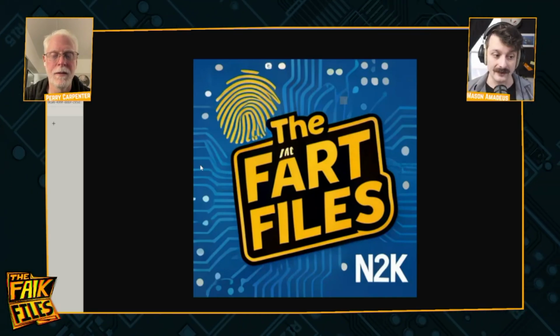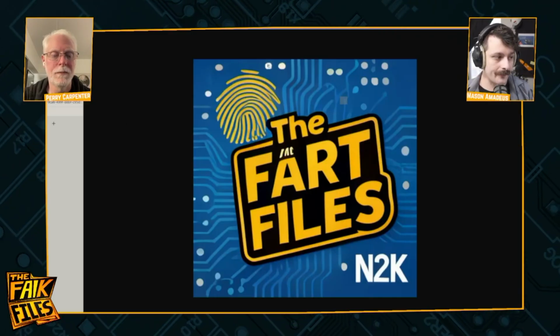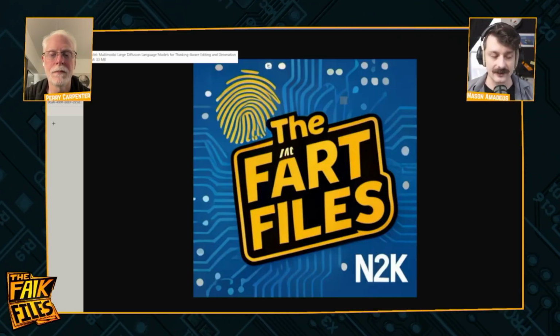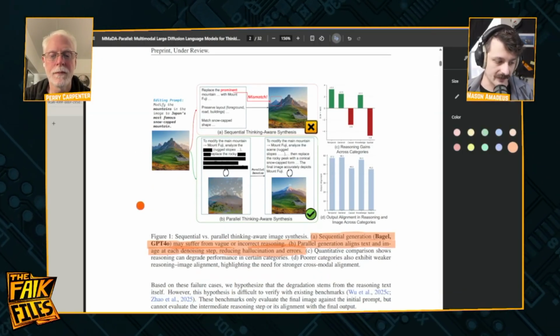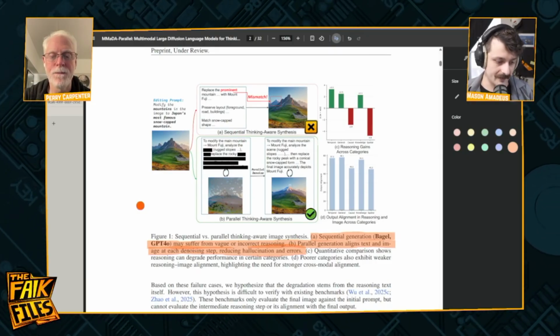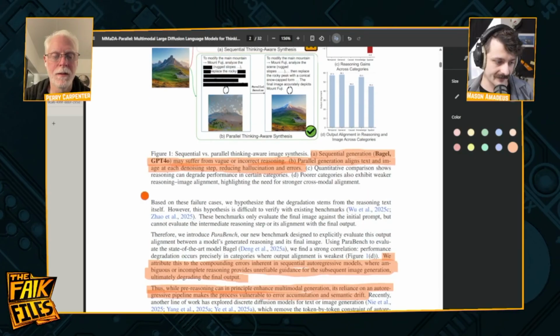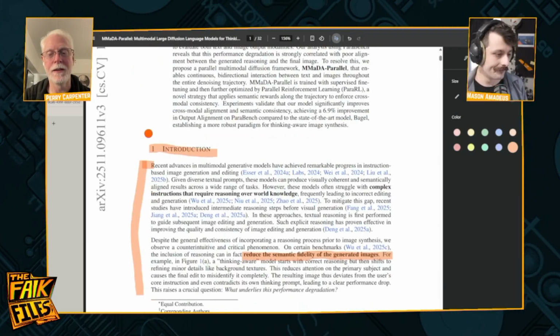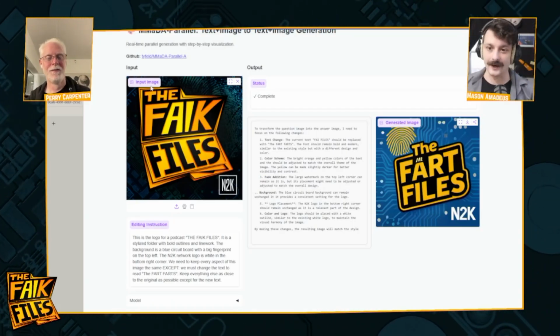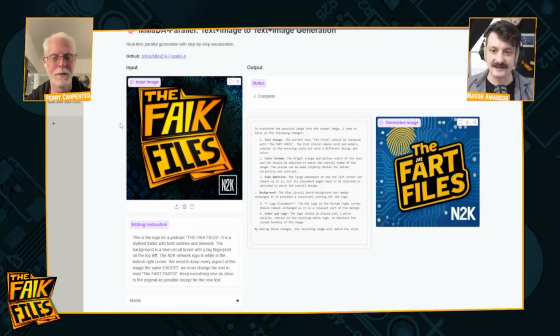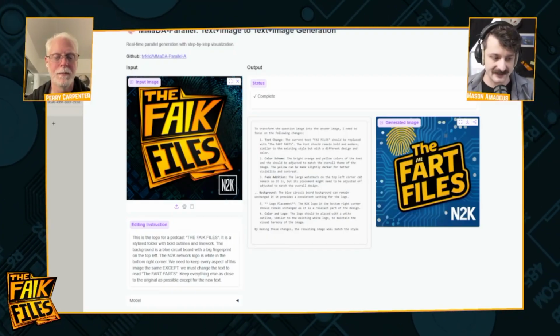Maybe this will be better at processing semantic content, because their paper certainly seemed to point to noticing some increases, at least over this model called Bagel, GPT and GPT-4o also. So, yeah, I think give it a year. Yeah, give it a year. But these diffusion language models are fascinating, and now seeing them work in parallel like this, I think is very cool. That's all I got for that.